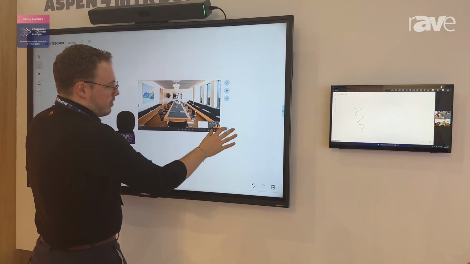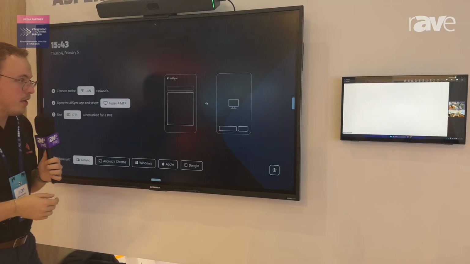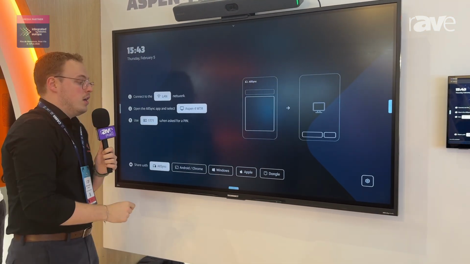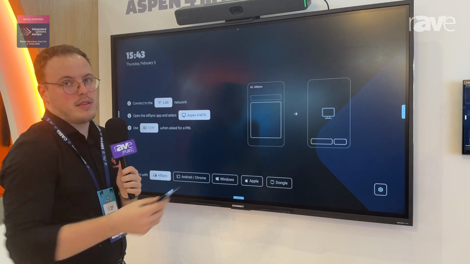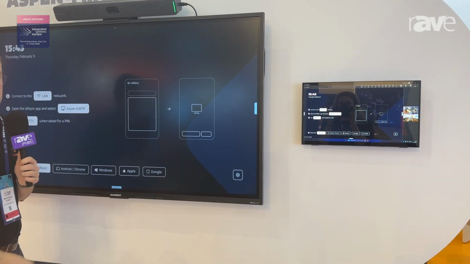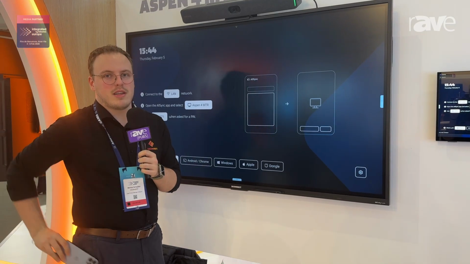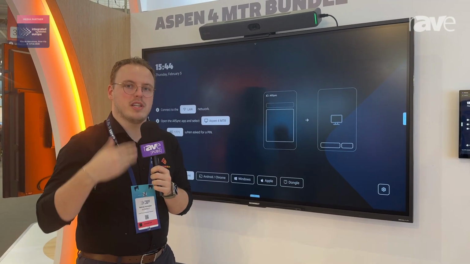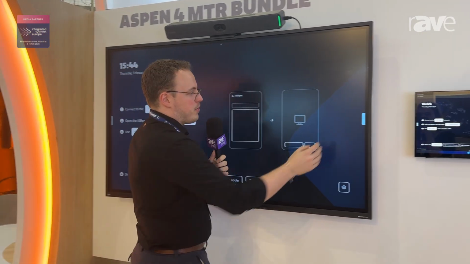Now the best thing is that integration doesn't only work with our whiteboard, it would also work with our remote sharing solution. So for example, if I would take my phone out and I start sharing to the panel, that image will also be automatically put through to the MTR call, which means that now I can share into a Teams call without my device actually being in the call itself. And that cancels out that whole, oh, I need to join the call, there's echo, I need to mute myself, etc., etc. So the whole experience is just becoming much more seamless and therefore much more integrated,